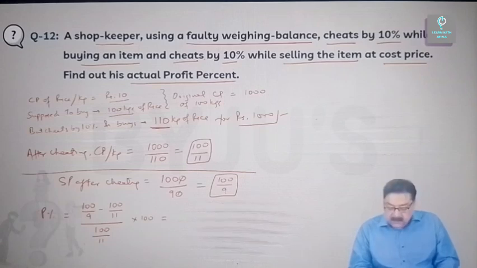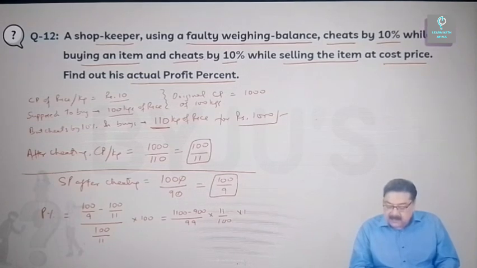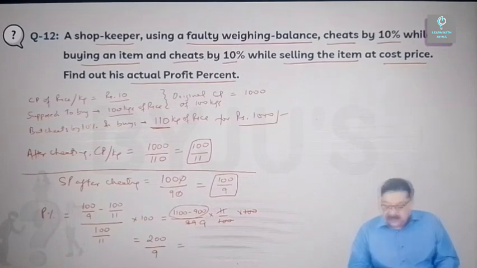Now this shall be equal to (1100 minus 900) by 99 into 11 by 100 into 100. These two hundreds, they cancel. 11 cancels 9. So 1100 minus 900 is 200. And 200 by 9 is what we are left with. That becomes 22.22%